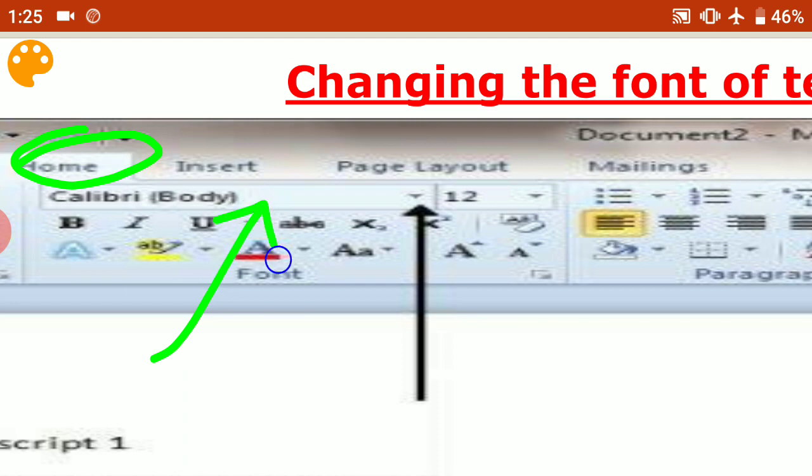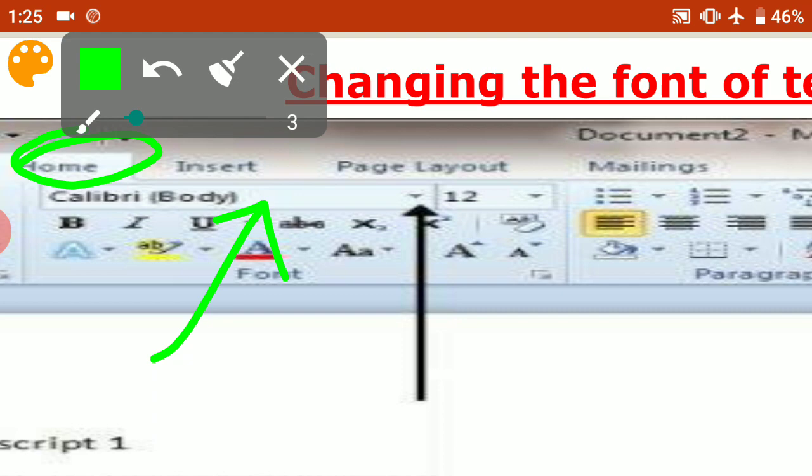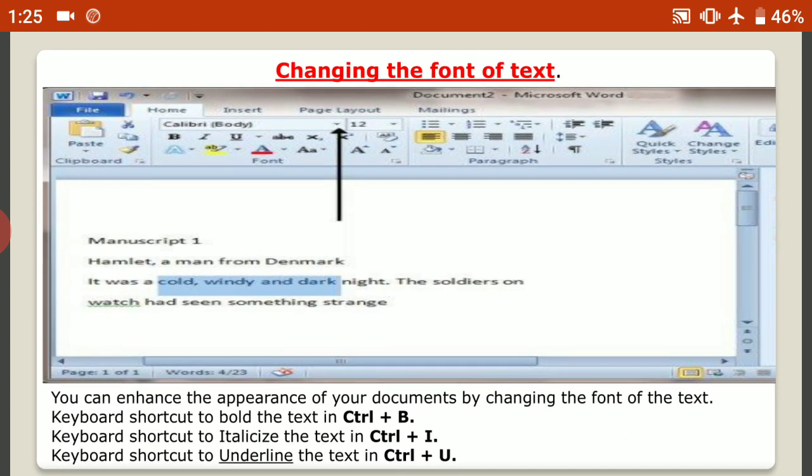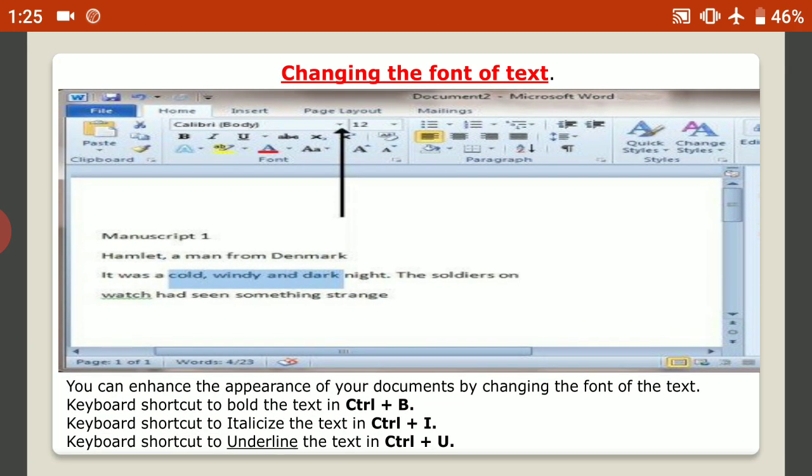As you can see, the selected text changed to a new font. If you want to deselect your text, click outside the selected area. So these are the shortcut commands to bold, italic and underline your text.